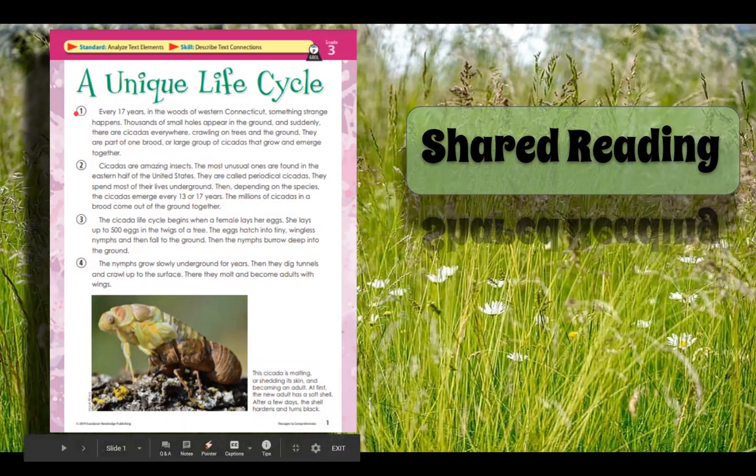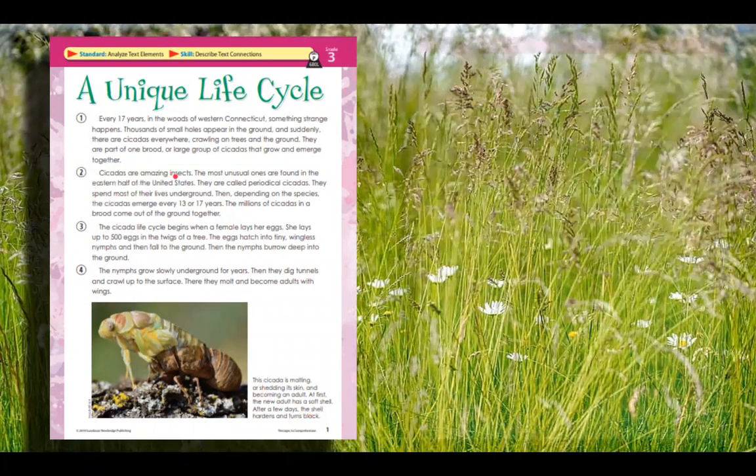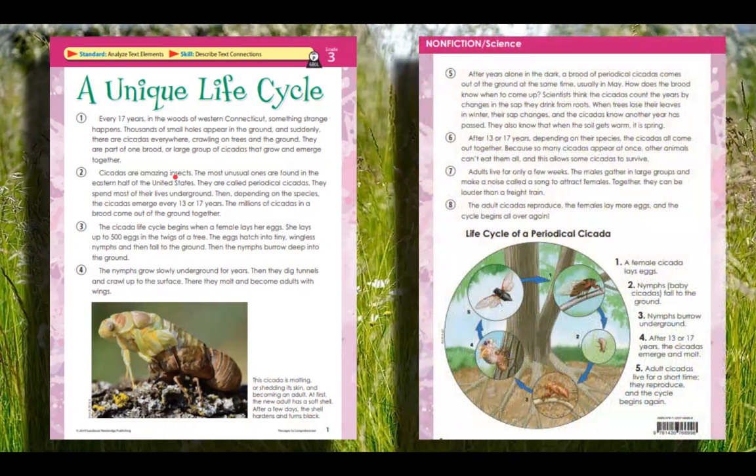Also, something to notice is these paragraphs are numbered, and if these numbers were gone, you would still know there are 4 paragraphs because of the indenting. So in 3rd grade, we always work on noticing indenting. All right, let's get started. Here's the whole entire